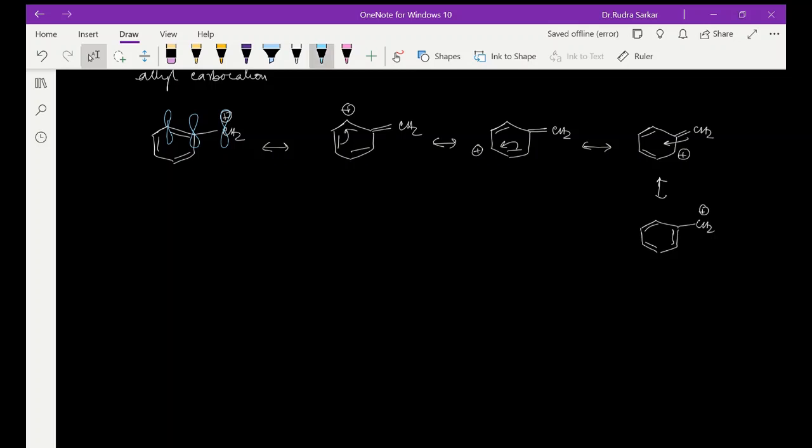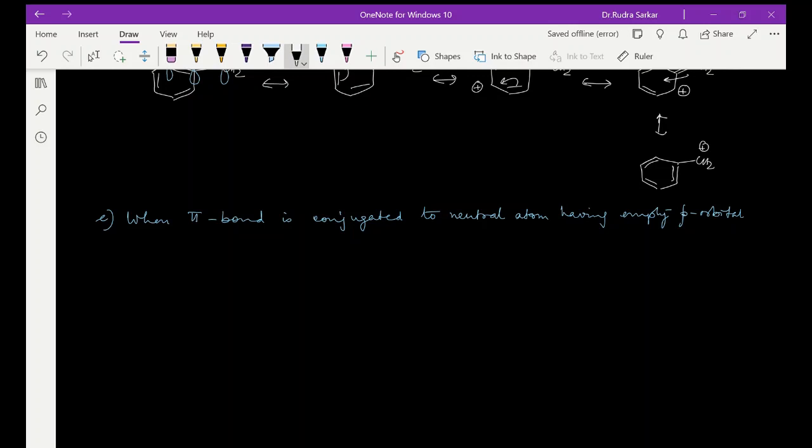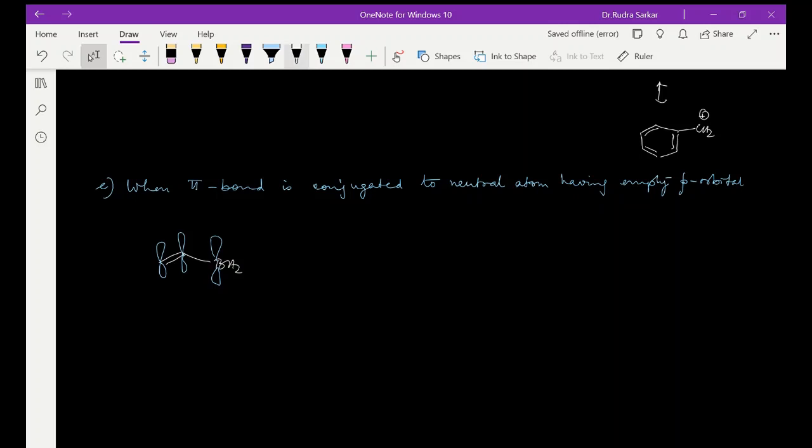नेक्स्ट केस क्या है, नंबर सी, when pi bond is conjugated to a neutral atom having empty p orbital। तो इसमें क्या हो सकता है, मतलब हाइपोवैलेंट एटम है, तो मान के चलो हमारे पास ये है। अब बोरॉन में क्या है, empty p ऑर्बिटल है क्योंकि वो हाइपोवैलेंट होता है, और यहाँ पे भी पाई ऑर्बिटल है और यहाँ पे भी p ऑर्बिटल है, तो इसमें कॉन्जुगेट सिस्टम हो गया।